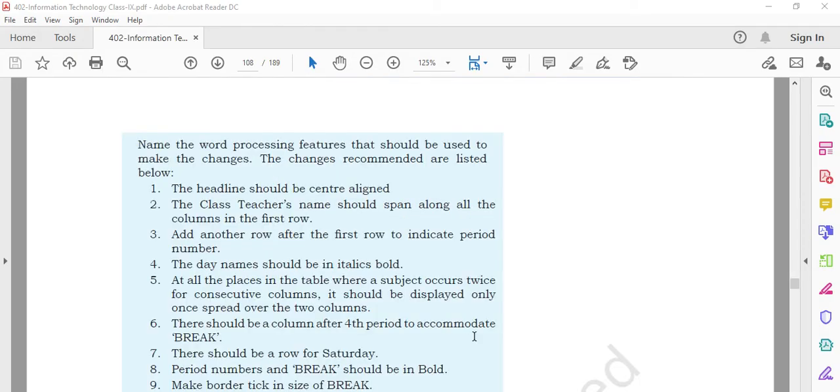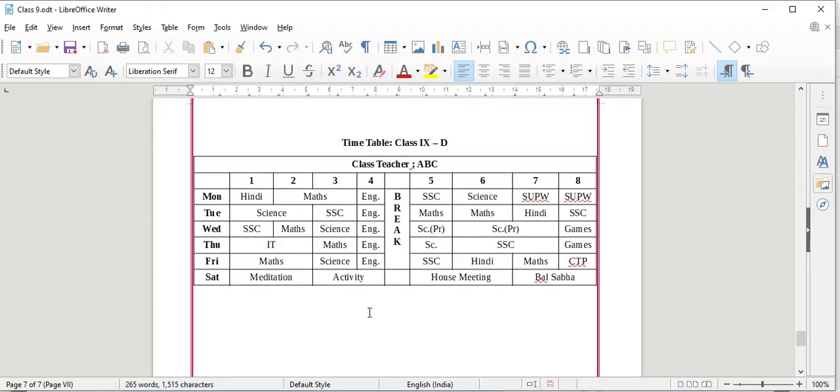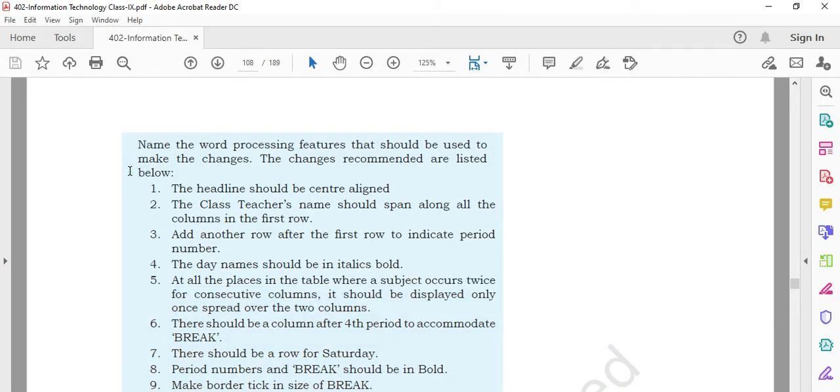When you have finished the timetable according to your class teacher, there are some questions: you have to write the word processing feature names. For making the headline centered, which word processing feature we have used, mention that.